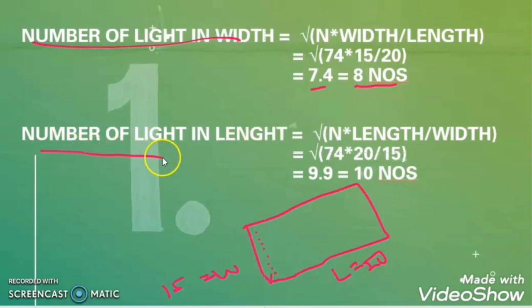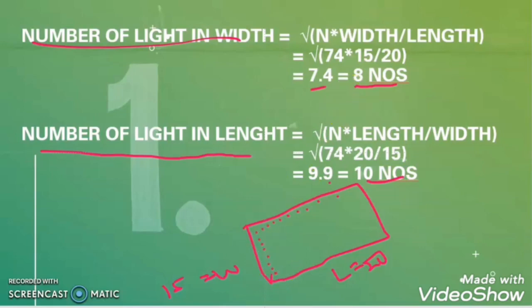In the same way, we will calculate the total number of lights in length, equal to under root total number of lights into length divided by width. When we calculate, we get 9.9. We will round it up, so it will be 10. So the total number of lights to be installed in length is 10: 1 2 3 4 5 6 7 8 9 10. So 10 lights in length and